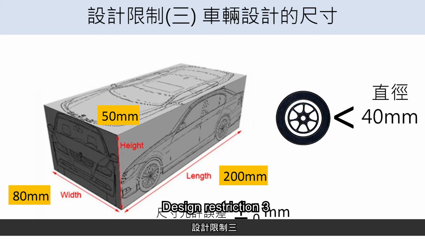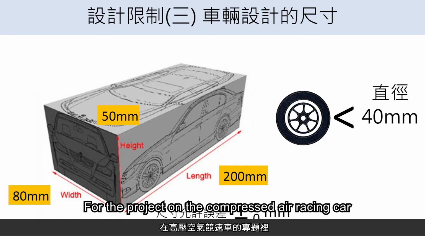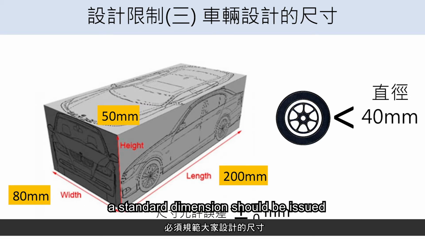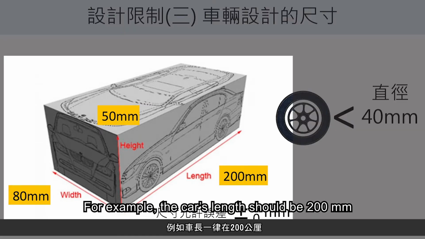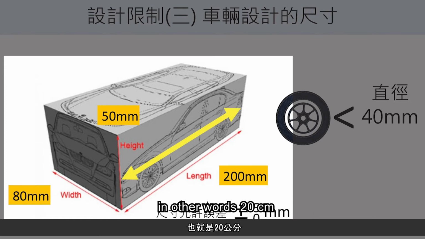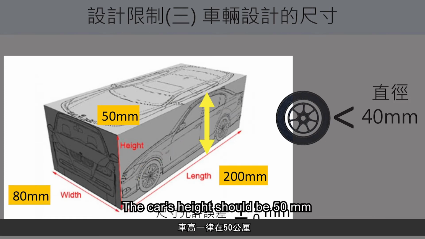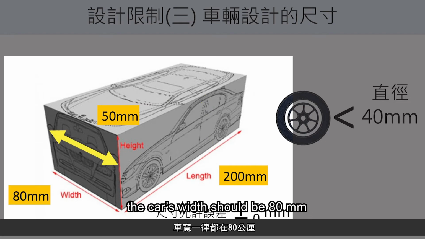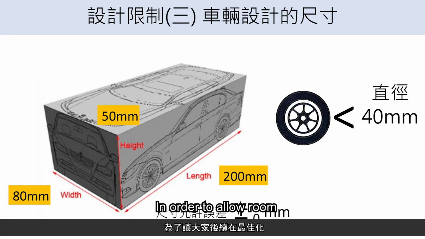Design restriction 3. Dimensions for vehicle design. For the project on the compressed air racing car, a standard dimension should be issued. For example, the car's length should be 200 mm, in other words, 20 centimeters. The car's height should be 50 millimeters, or 5 centimeters. The car's width should be 80 millimeters, that is 8 centimeters, in order to allow room